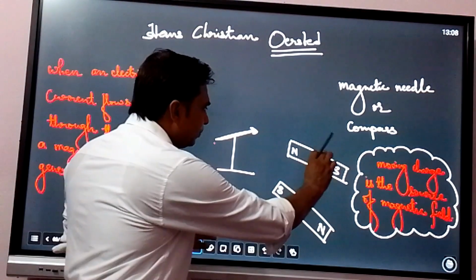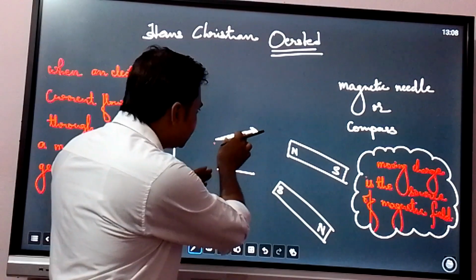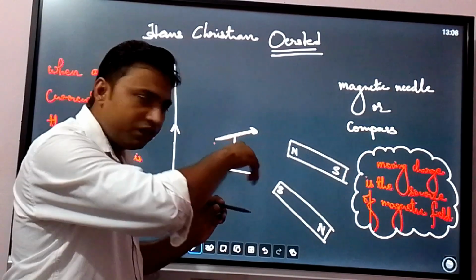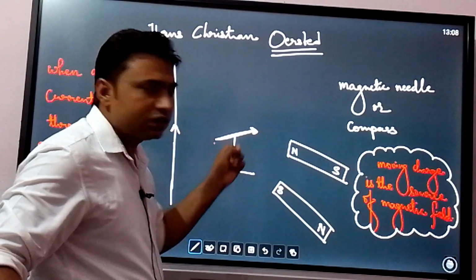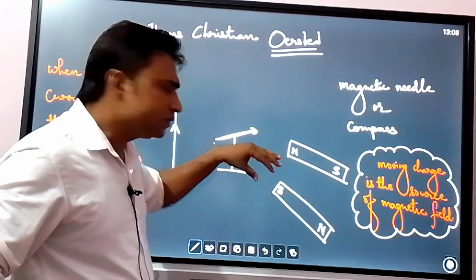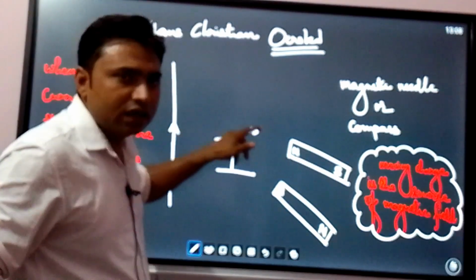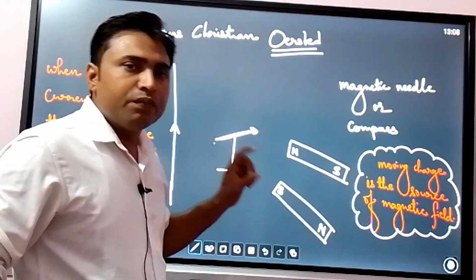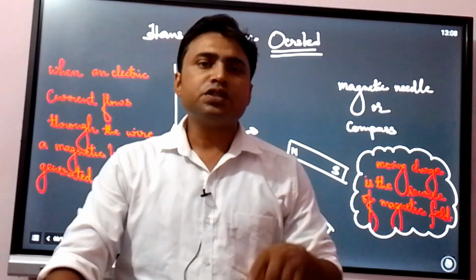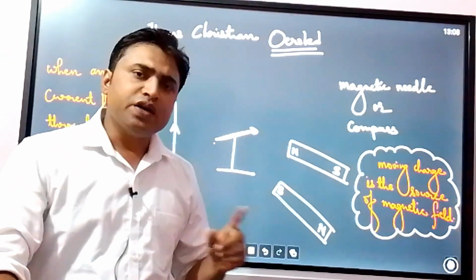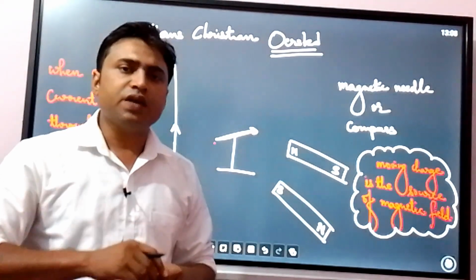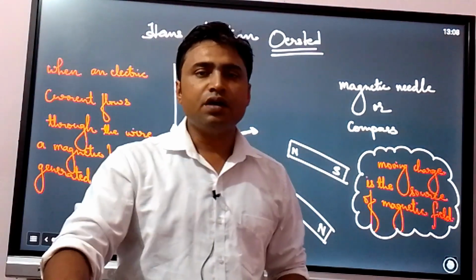So when we bring a magnet towards it, there is a deflection in the needle. This needle will show the deflections. Similarly, if we bring the south pole also, it will show the deflections. Deflection means there is movement in this needle. Without magnetic fields, that needle will not show any movement or deflection. It means if that needle is showing movement or deflection, there is a presence of the magnetic